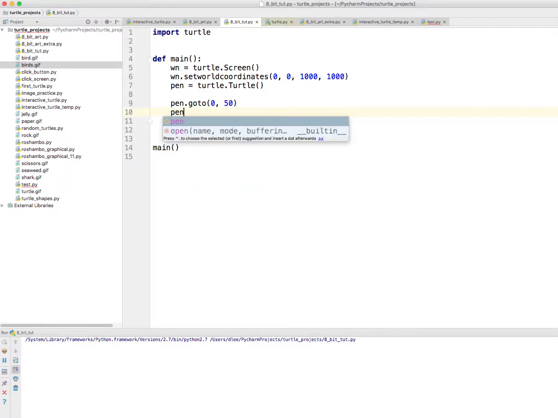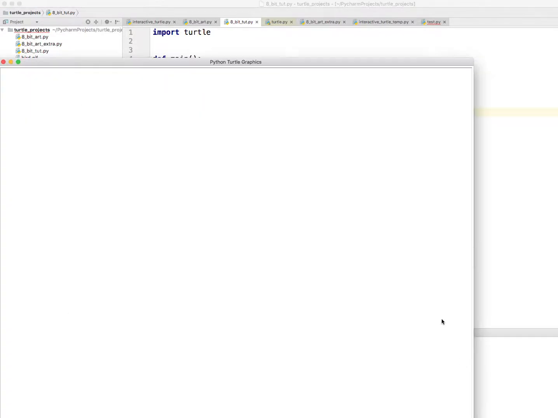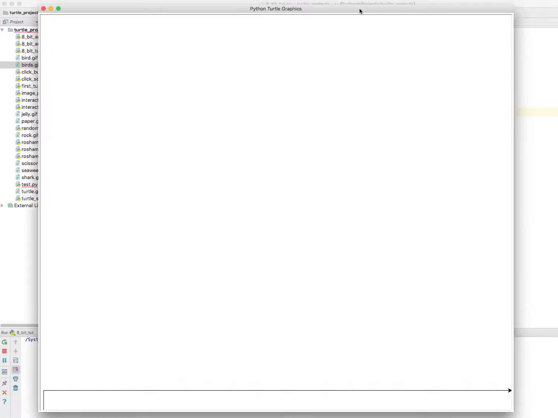And then from there, I'm going to say pen.goTo, and I'm going to go to the right side of the screen. So right now, the pen is at the left side, the bottom left corner of the screen, okay, and then I want it to go to the right side of the screen so that we can draw the first grid line. And to do that, I would need to go 1000 wide, right? So 1000 on the X, the right side of the screen, and stay the same on the Y at 50. All right, so if I go ahead and run that now, you can see that it draws that bottom grid